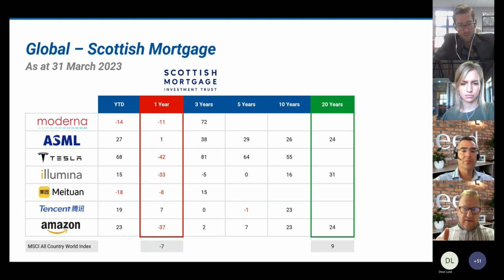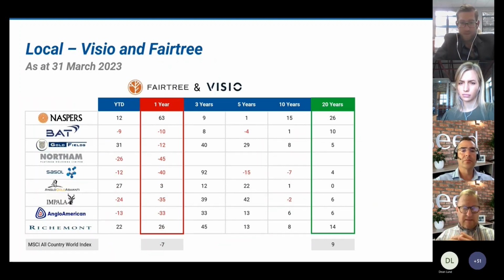If we go to the next slide, I've put up here, same picture. And here what we've taken is the top 10 out of the balanced fund. And this is mostly Fairtree with a little bit of Visio. These are the 2 equity managers that we've got. And again, we've put these names, these returns in compounded format in US dollar. So trying to compare like for like in a way with all those previous slides.